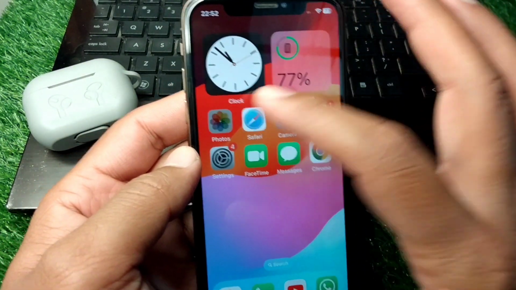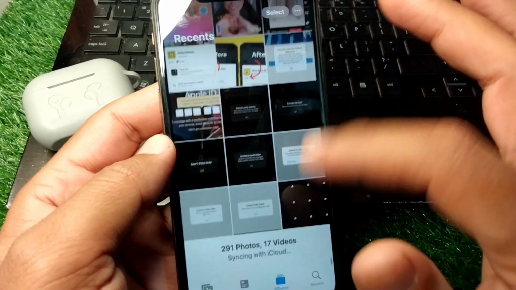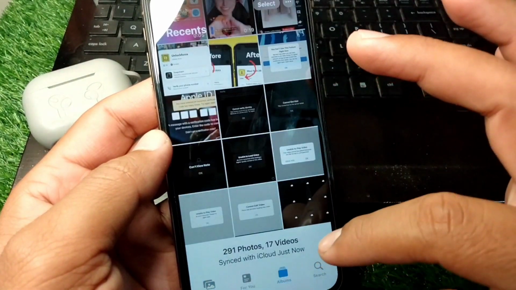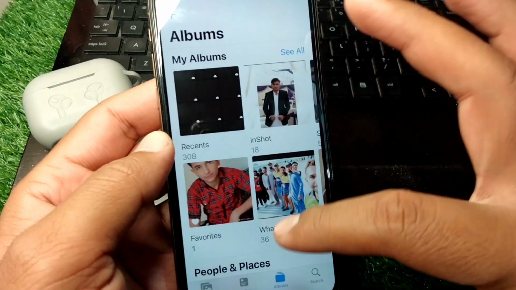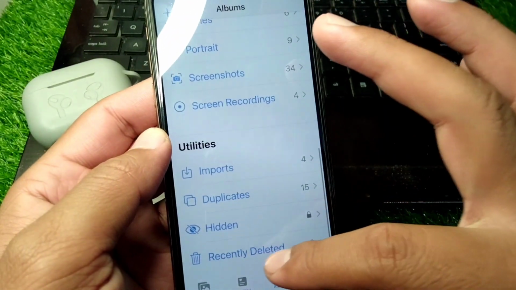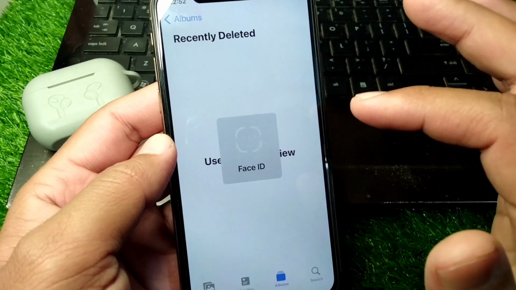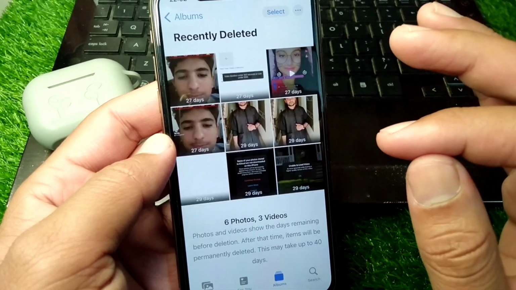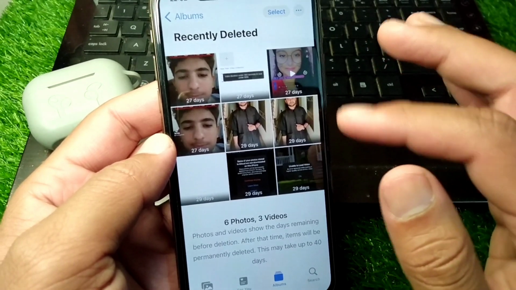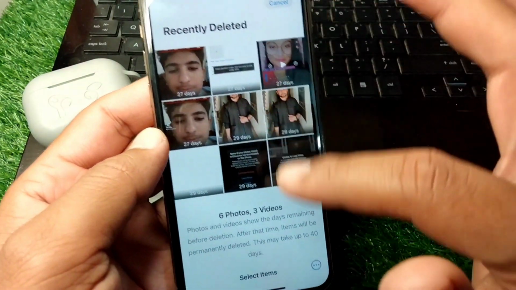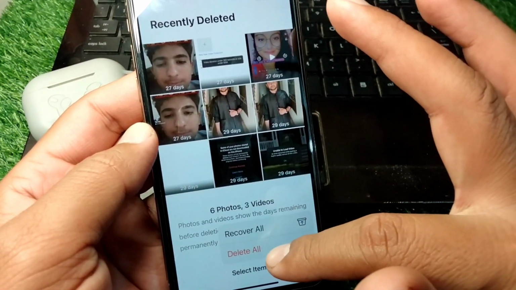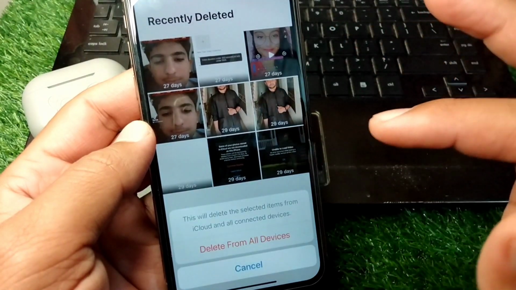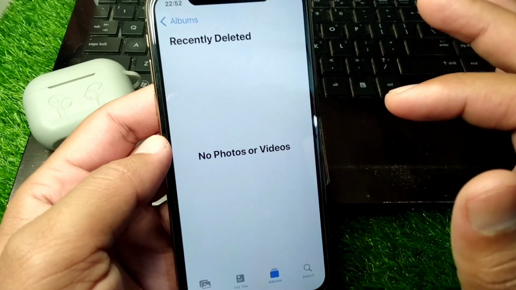and now open your Gallery, and from here you have to simply go to your Albums and now scroll down, tap on Recently Deleted and remove your recently deleted photos or videos from your device from here. So guys, select all the videos from here or the other pictures, tap on Delete All and Delete All,